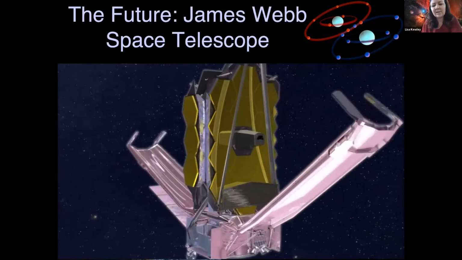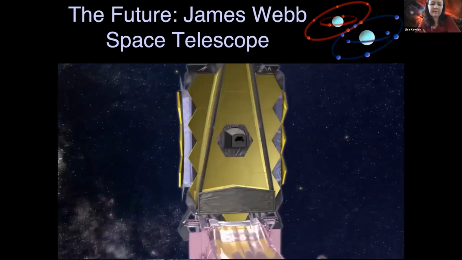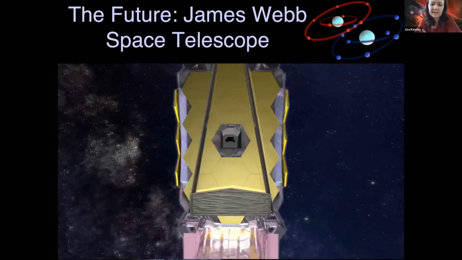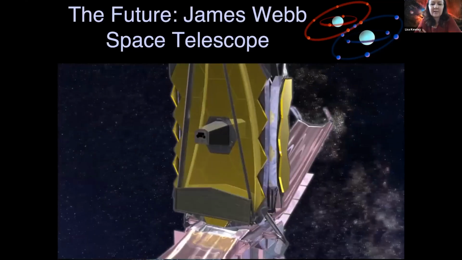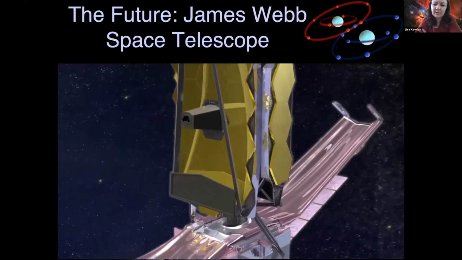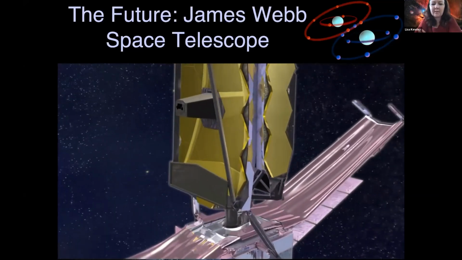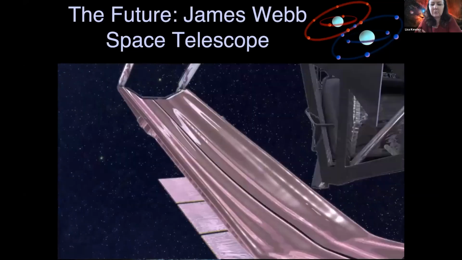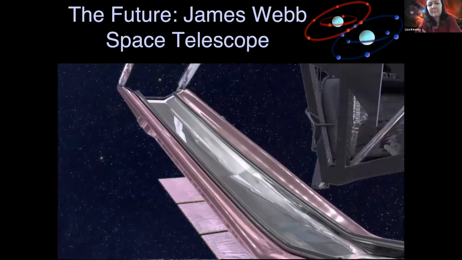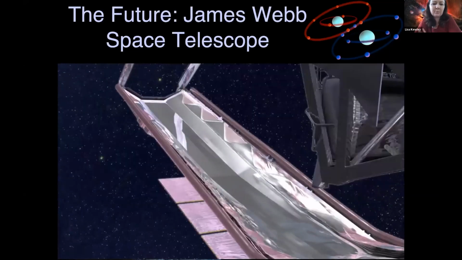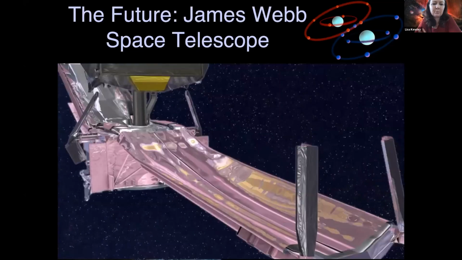So these are shields which protect the telescope from the very high energy rays from the sun. The sun can really damage these sensitive telescopes, and so you need to protect them with special shields. And so these shields need to unroll. They need to be quite big because they have to protect the whole telescope.